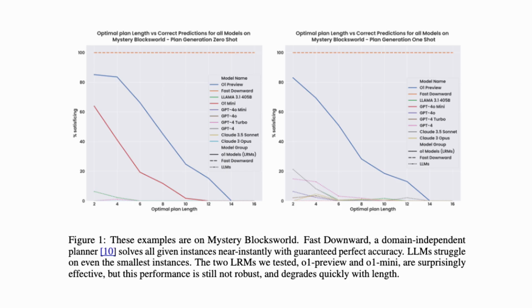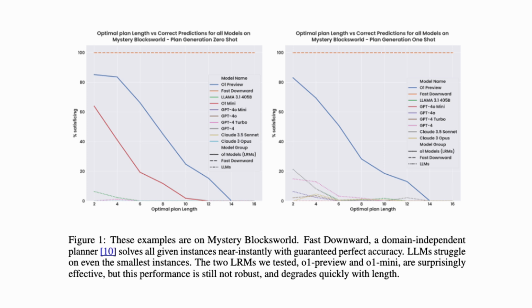Here is a whole bunch of models. This one doesn't have R1; it's only O1, O1 mini and O1 preview, and a bunch of standard LLMs, GPT-4s and the Claude family, etc. We looked at the problem complexity in terms of the length of the plan in blocks world. If you know anything about search, as the length increases, that's like the depth of the search tree, so the complexity increases exponentially. It's d to the power d, if you remember from the old days.